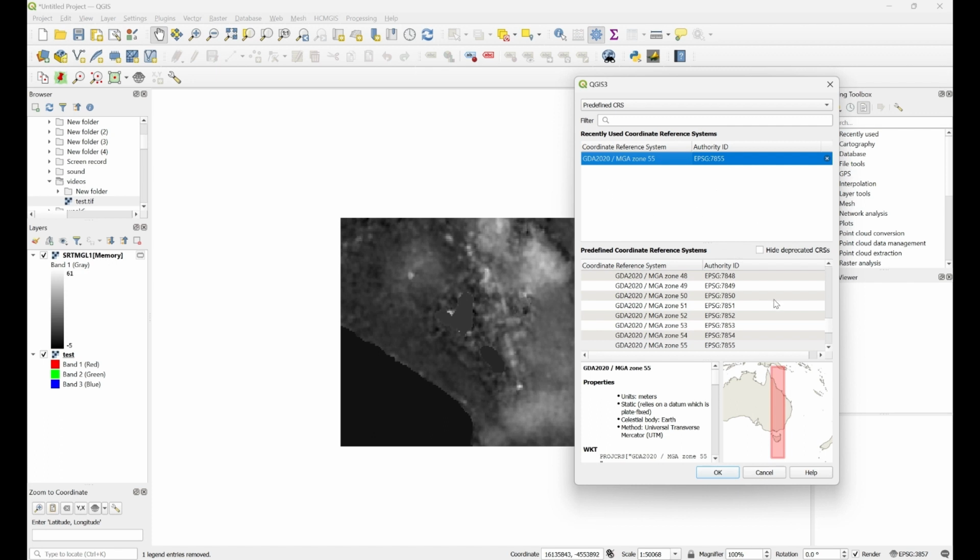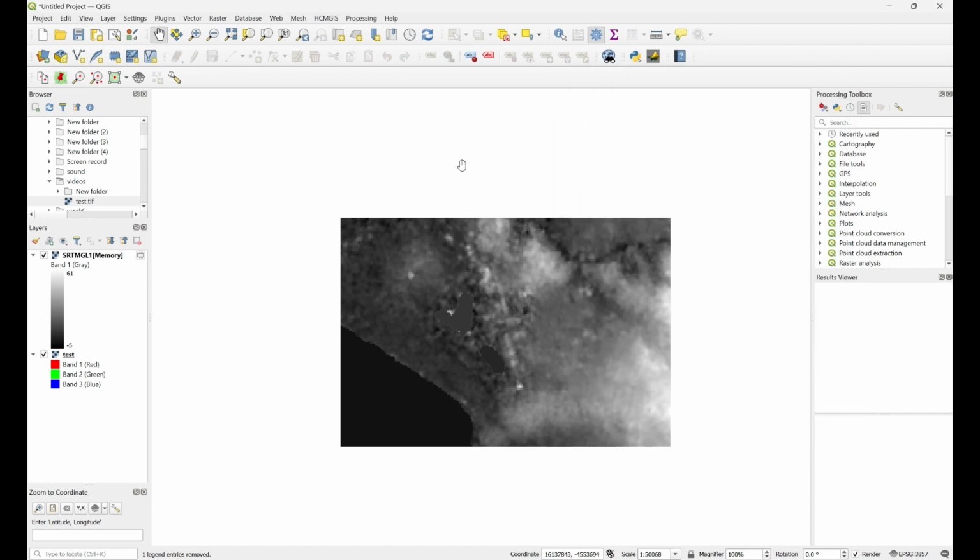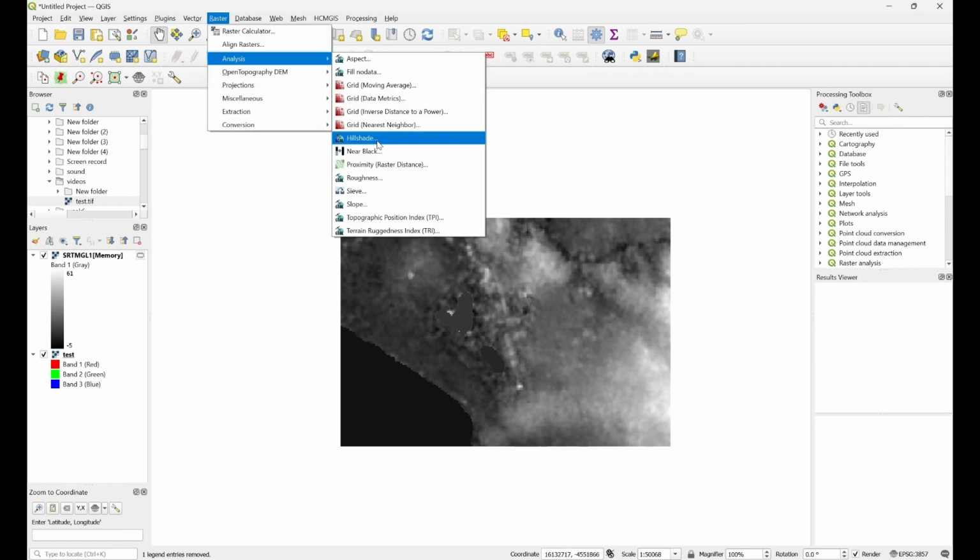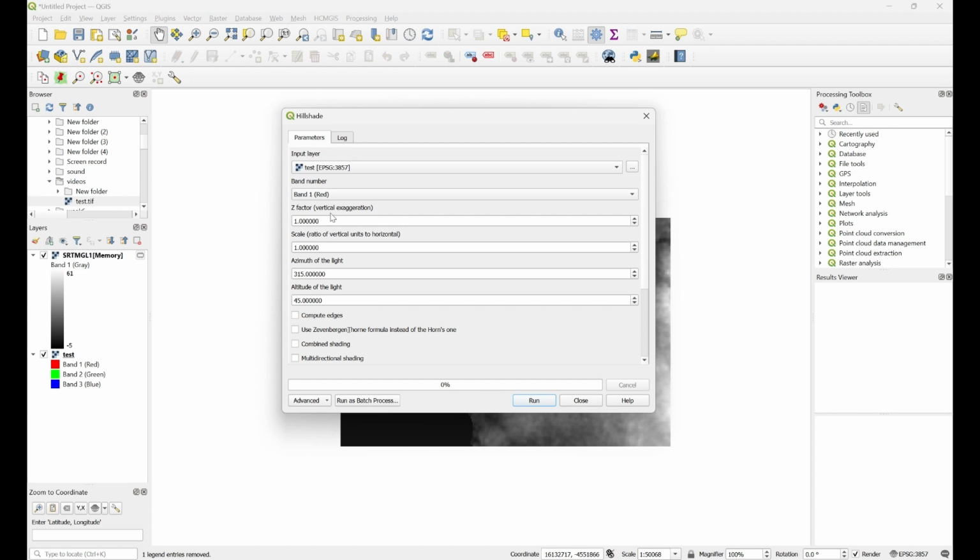I'm going to select GDA 2020, MGA zone 55, click OK. After that, go to raster, analysis, HillShade, change the Z factor to 0.0004